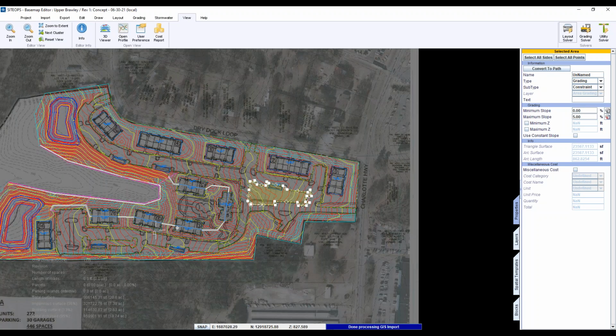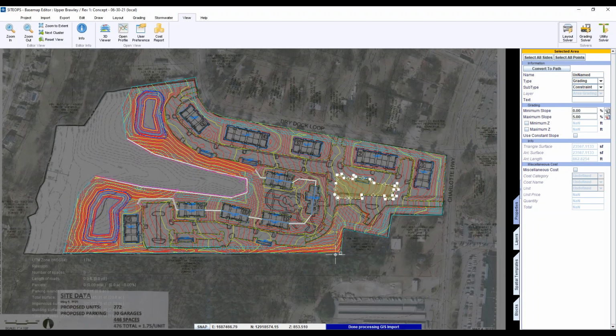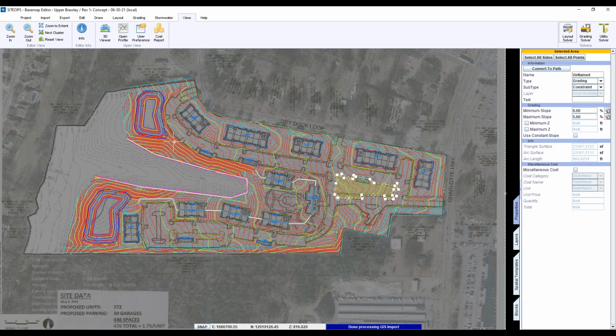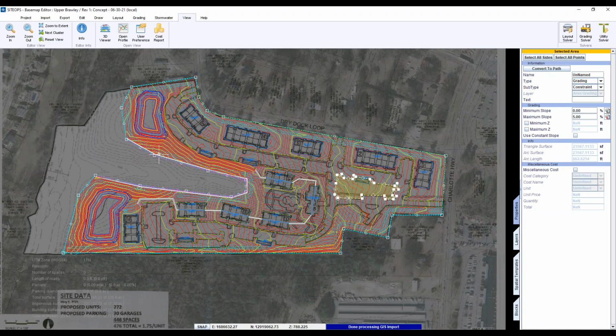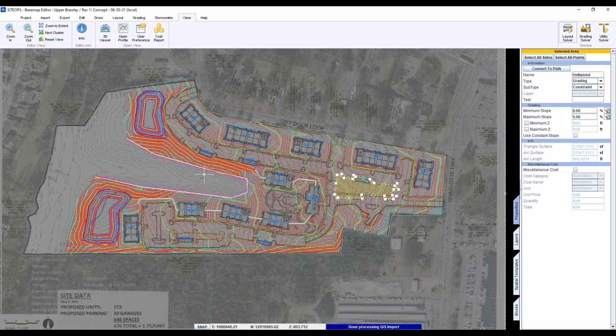And so even here, you can kind of see where your steep, oh, we have a steep grade coming in here. That's doable. You know, we can get away with that. We got a really steep grade coming off of here behind these garages. That's doable. If I didn't think it was doable, I could come put a constraint in here, if I said, hey, we need a flat area. And I think you speaking to before is like, how long before you know all these things? And that's just going through enough sites to see what really happens when the site gets designed.